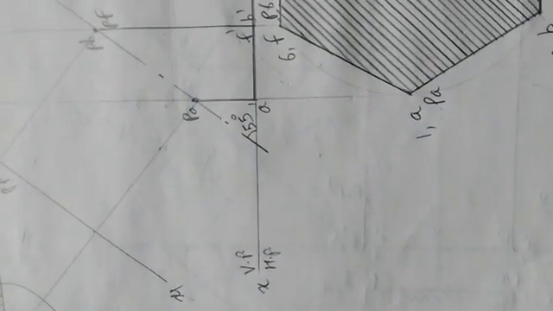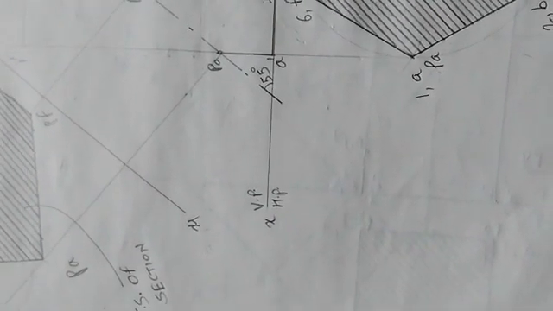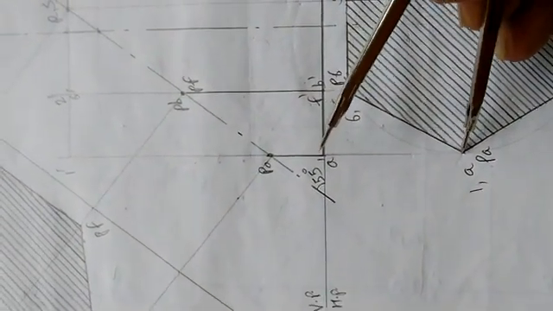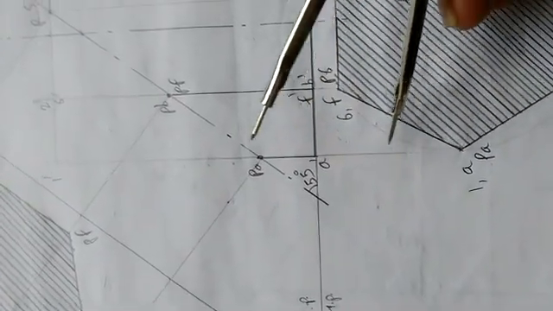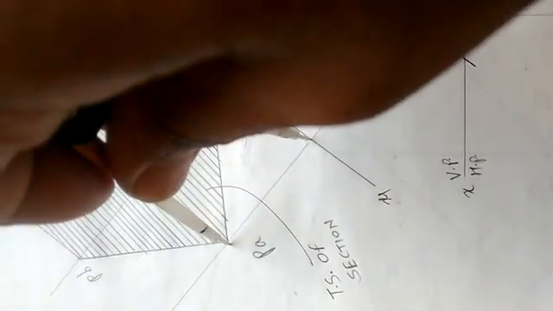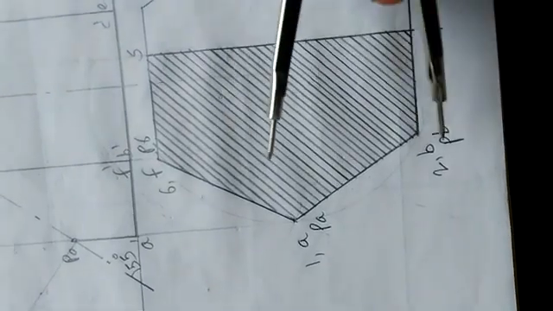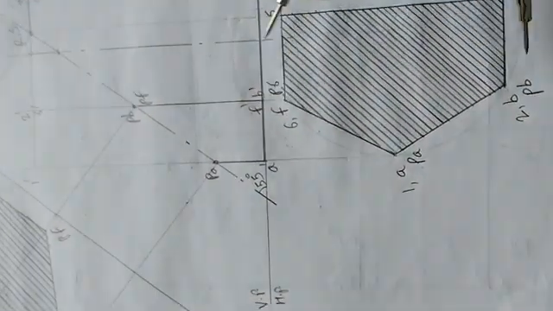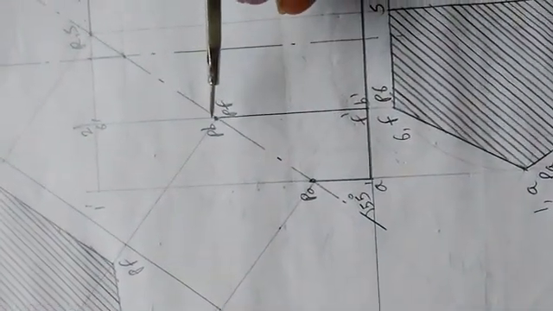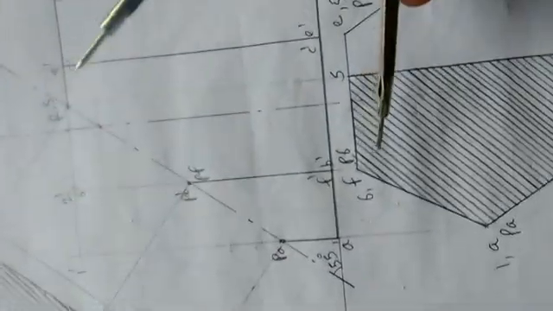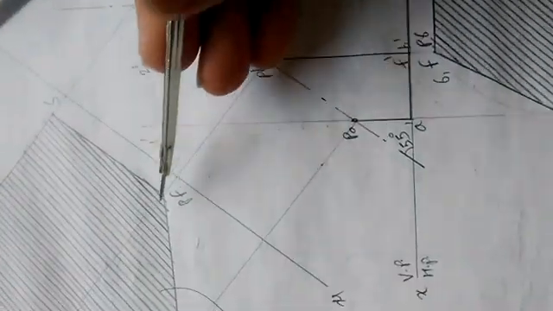See here, I will show you. Point PA: below the XY line, pick the distance, follow the projector in this way, and beyond x1 y1 mark the same distance. So point PA I have transferred here in this way. Similarly PB below XY, follow in this way, this projector again comes over here, and beyond this x1 y1 mark that distance for PB. Similarly pick this PF, follow this, and transfer that PF here.